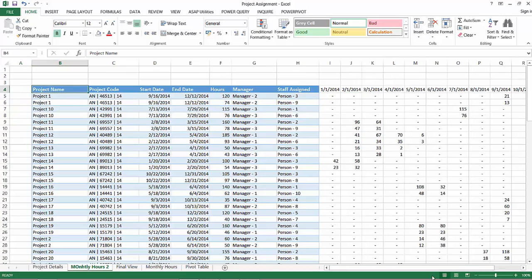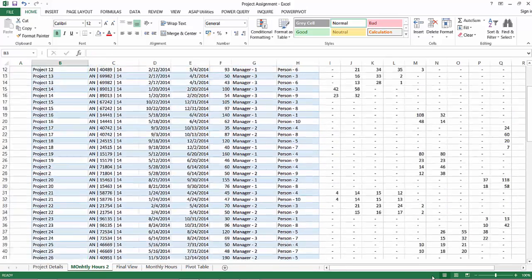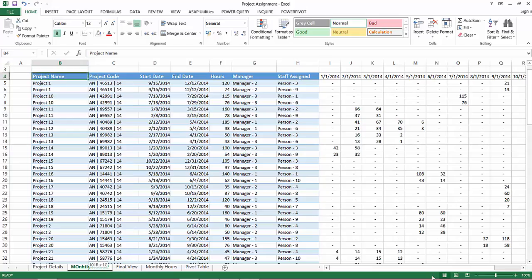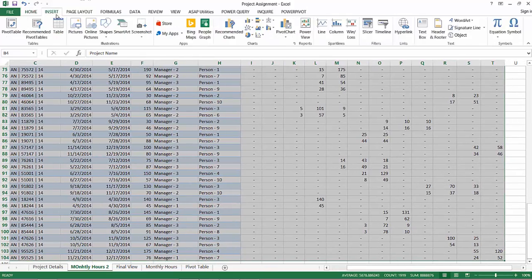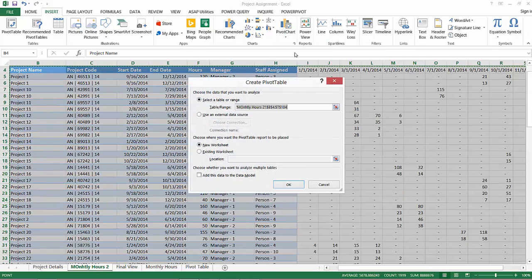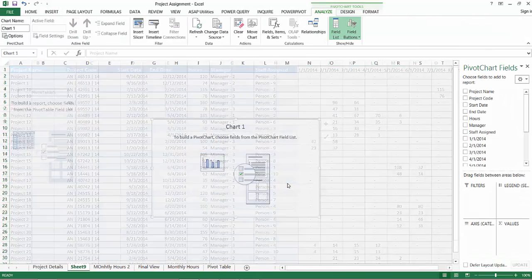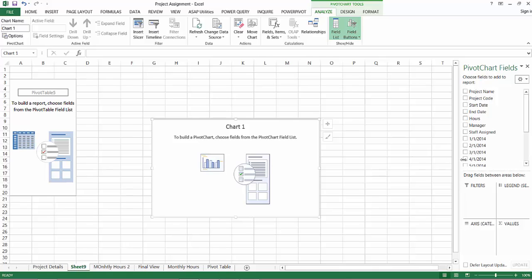So let's now create a pivot table out of this. Go to insert and then pivot chart and a table. Select that monthly range, already been selected. Click OK. A new tab will be created. Now put the staff assigned name